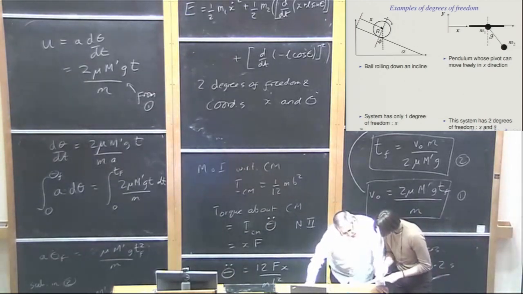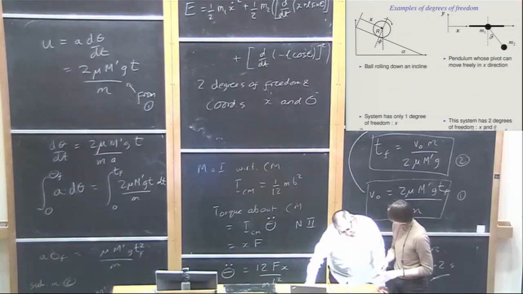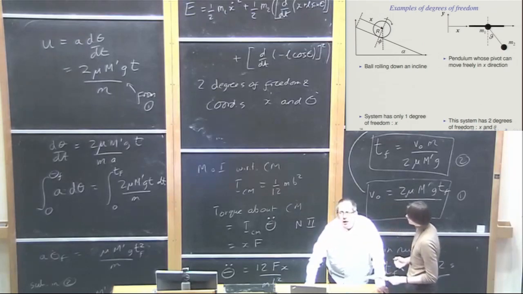Why didn't we consider the translational energy of the wheels when we calculated the change of velocity? Because that is